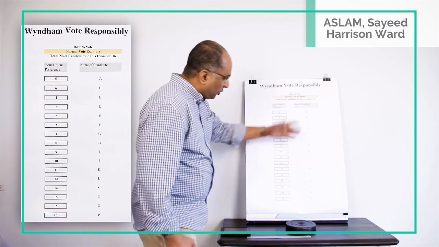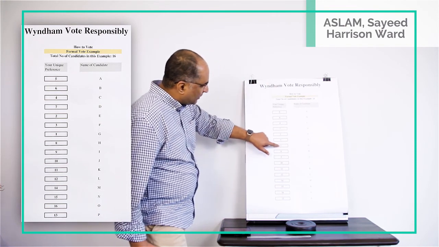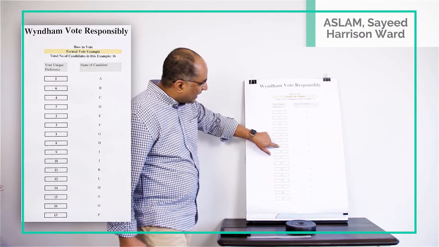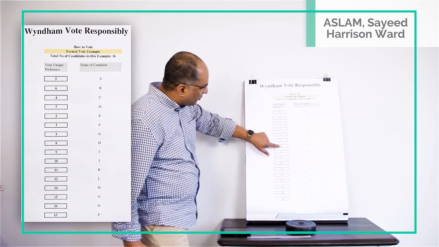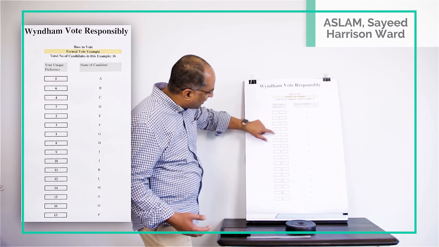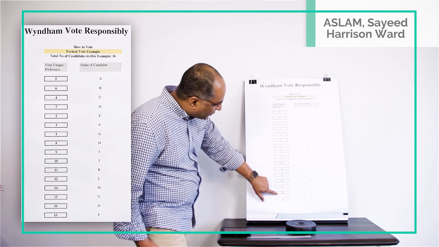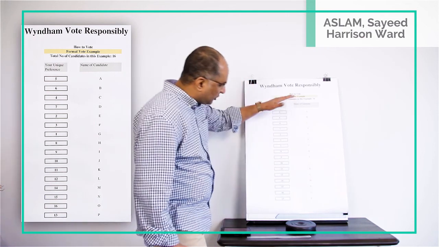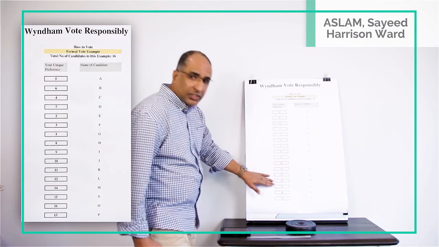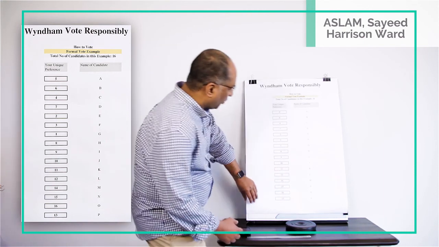So you need to make sure whoever your preference is, whether A, B, C, doesn't matter, you have them clearly written beside each of the candidates, whatever your preference is, 1, 2, 3, 4, 5, 6, 7, 8, 9, 10, 11, 12, 13, 14, 15, and 16. So each candidate has a unique preference and it's clearly visible. That's how a formal vote is counted. Now this is example 1.